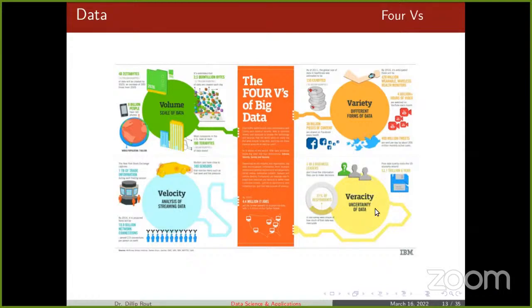The fourth V is veracity. Yes, once the velocity, volume, and varieties are more, then veracity will be more. That means the uncertainty in the data. Like you are having a transaction on the IRCTC website. Since there are many transactions, your transaction may not be correct. It might fail.